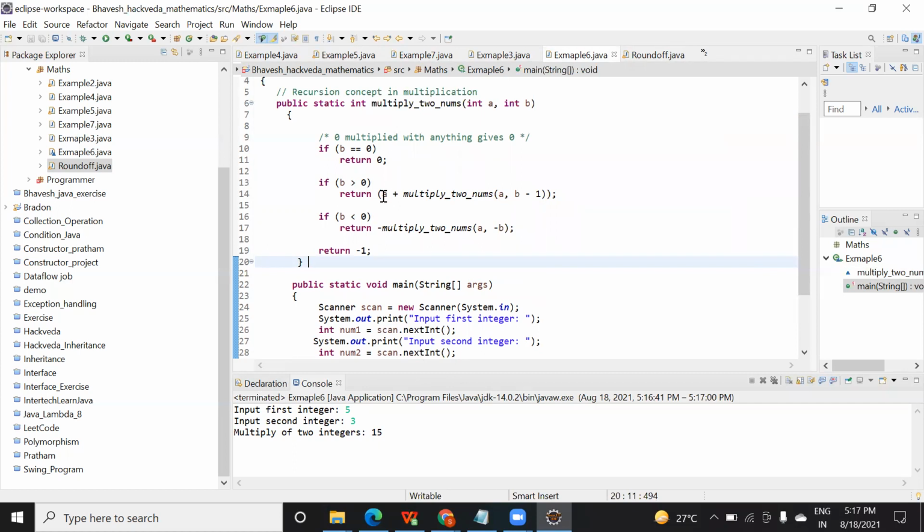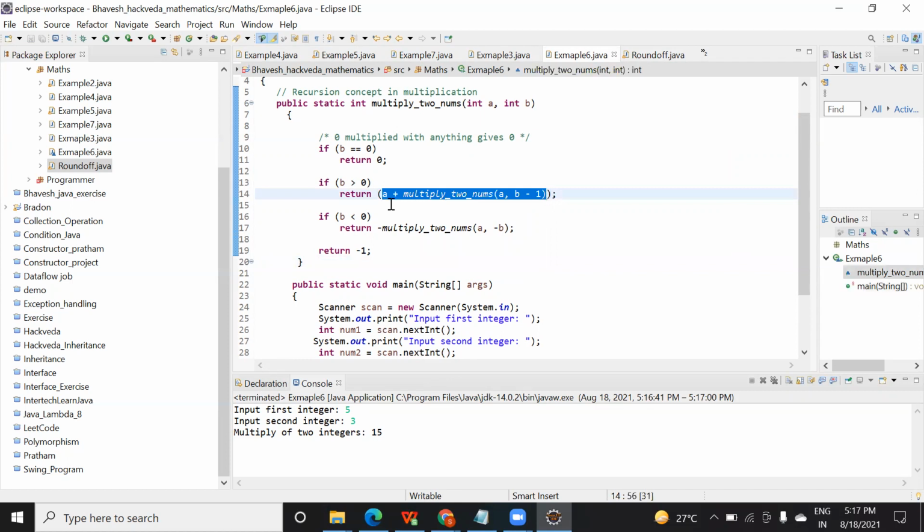Yes, sir. This is a plus multiply b, so it will write down a plus, the flow will come here, again move here, then check what the b value is. The b value is still greater than 0, so again it will do the addition. So it will be something like this. One question similar to this was asked, so you should be aware.